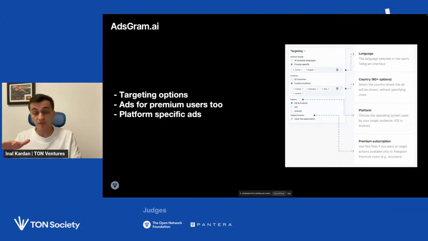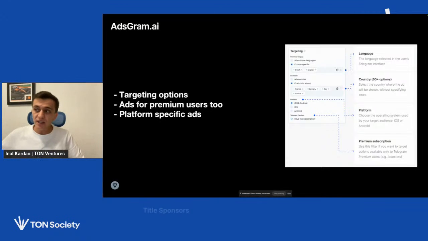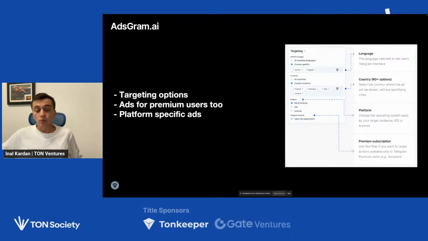Also, you can target specific platforms like iOS, Android, or both, which is, in my opinion, also important. As you can see, you cannot target the desktop or web version of Telegram, but we'll talk about it a bit later, why there's no way to do it.